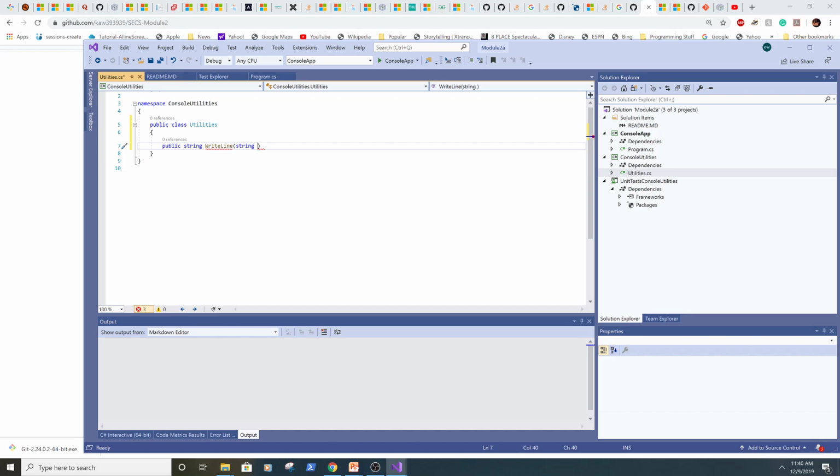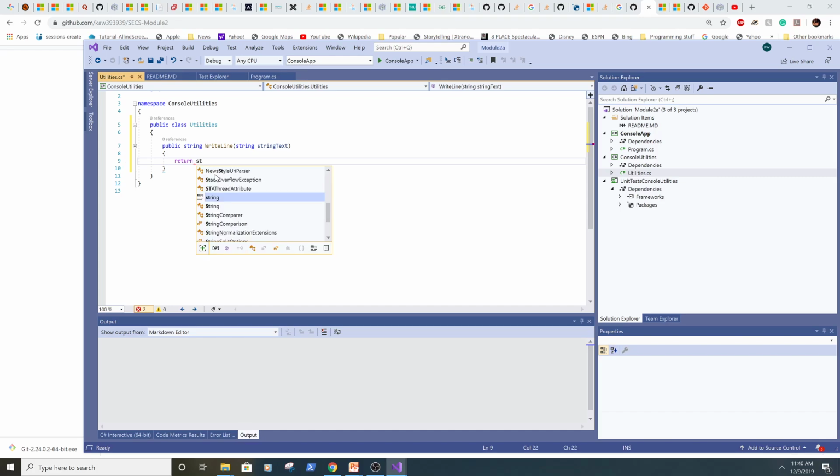and I'm going to name my variable string text. Then I'll put this in, and because of the underline it wants me to return something, so I'm just going to throw the return on it so it gets happy. Then what we're going to do is return what was passed in,